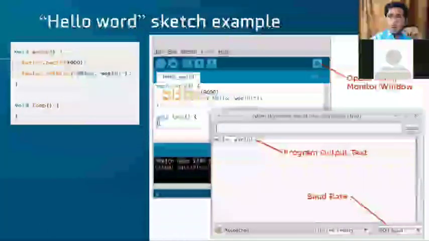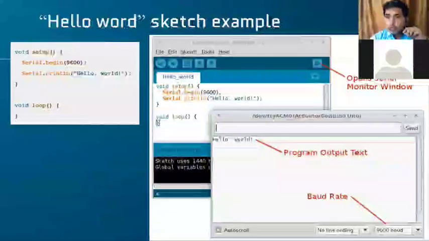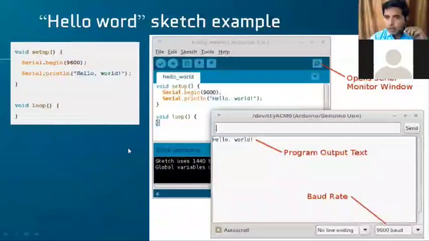So this is the basic program to check whether your simulator is working properly or not, or your Arduino programming window is working properly or not. This is common in all languages. Wherever you are using a simulator for a test, we have to write a hello program. So similarly, we are writing here also. Here, I'm writing a program, void setup.